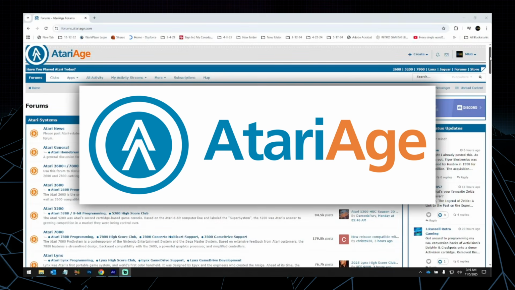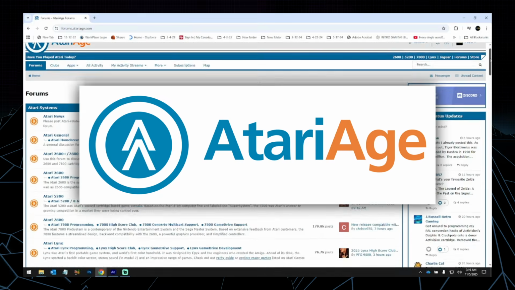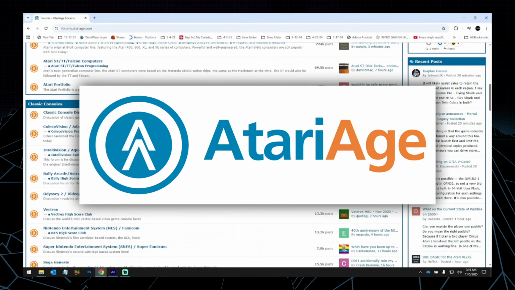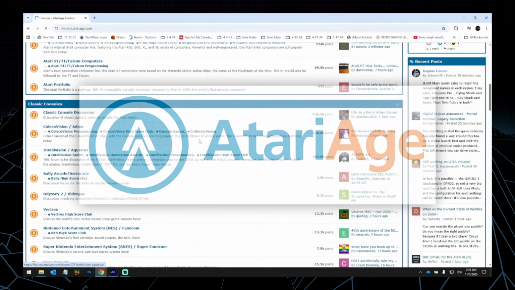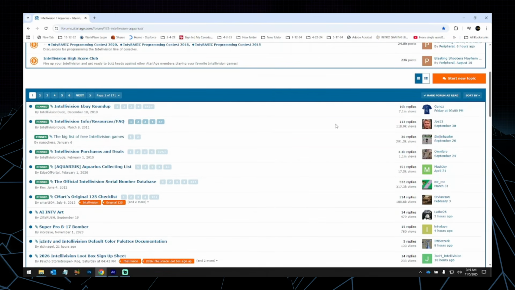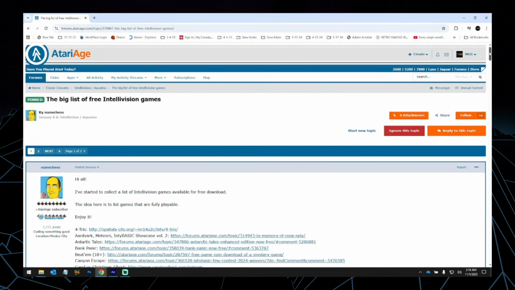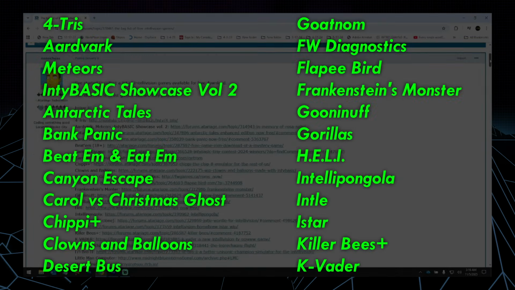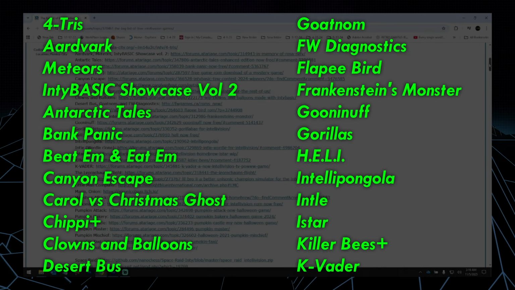The first stop for a lot of retro gamers is the AtariAge forums. And in a search for ROMs, this is no exception. In the Intellivision forum, there's a thread called the Big List of Free Intellivision Games. Here, you'll find links to 46 games and counting, such as Fortress, Aardvark, Meteors, Inti Basic Showcase Volume 2, Antarctic